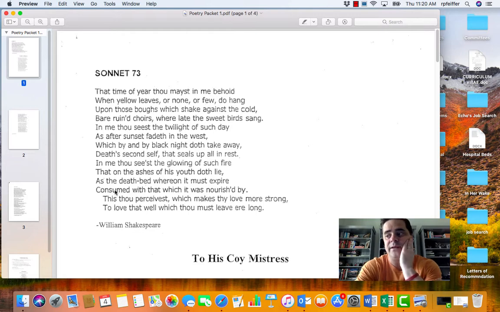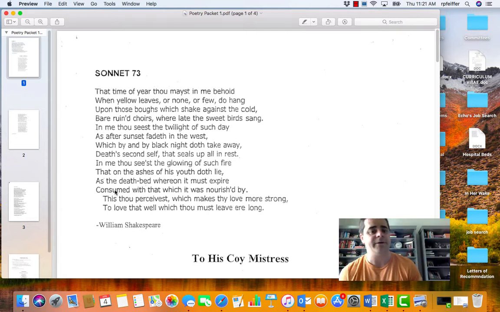Oftentimes what happens for me in the strophic poems that I write is that I just start writing in one stanza. It feels complete, whether it's 5 lines or 10 lines or 12 lines or whatever it is. And then I'll stop, and then I'll decide whether or not I want to write another stanza to try to match that one, or just write until it feels complete again. And so this feeling of completeness is something that comes with a lot of reading and a lot of writing, and just sort of being comfortable in your own skin as a writer.